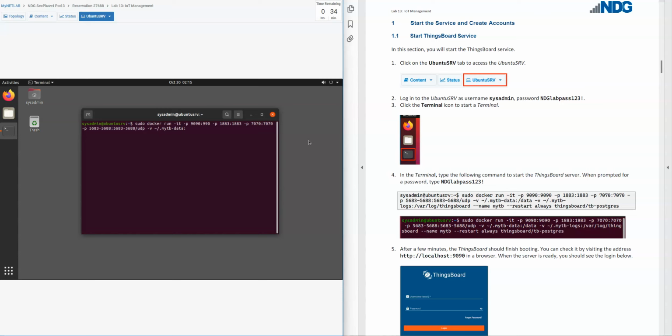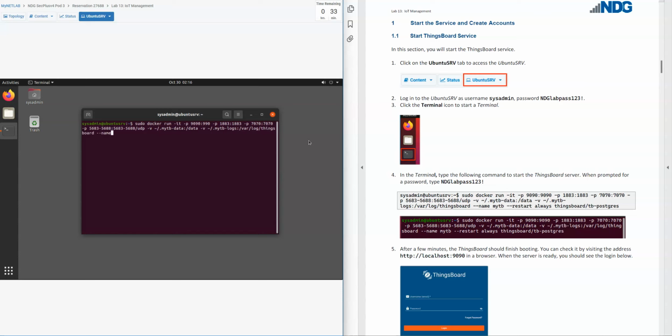Then -v, again another ~/.mytb-logs:/var/log/thingsboard